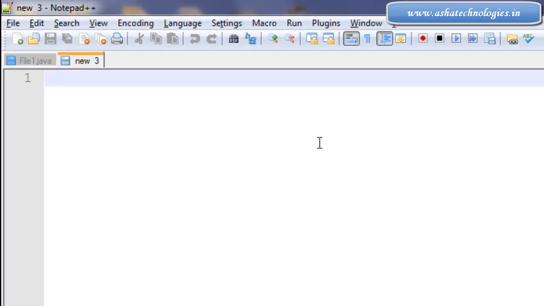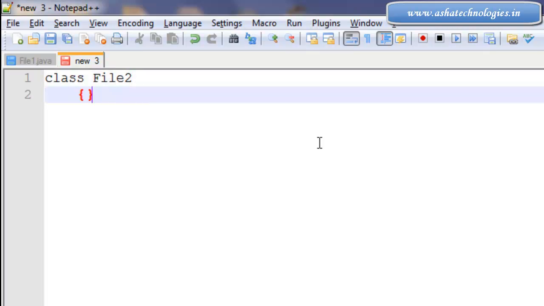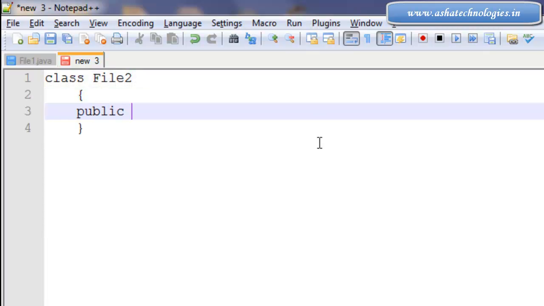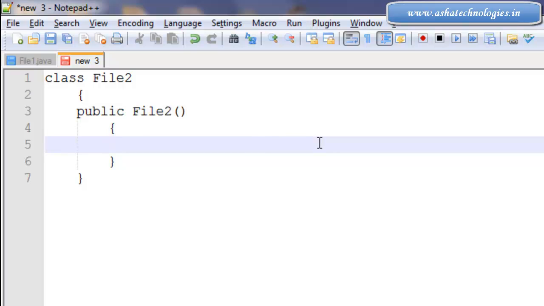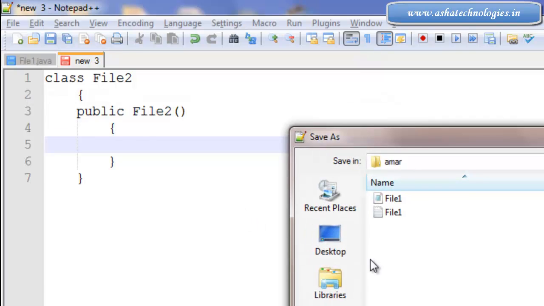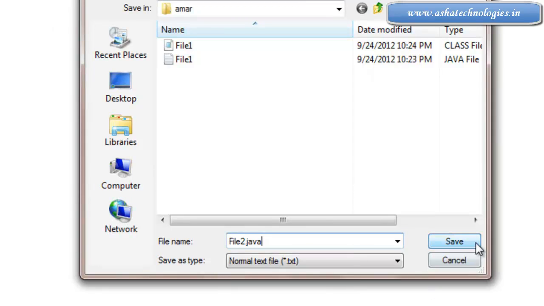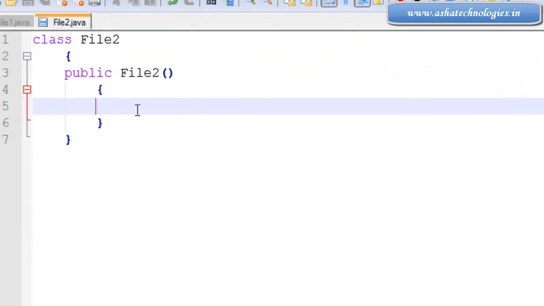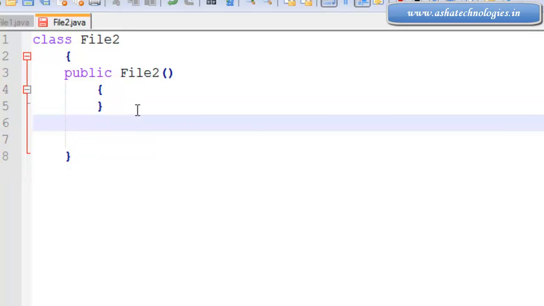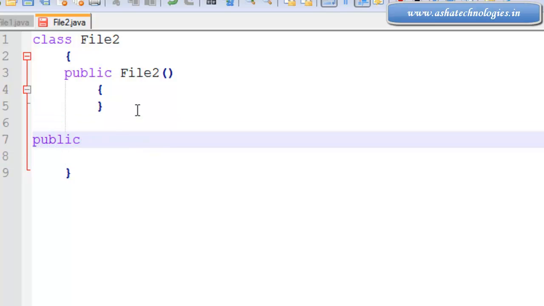For that I can explain with an example, class file2 here, and I'm going for the constructor public file2. So I'll save this file first. For save as, moving for file2.java. Alright, so here I will take a default constructor which does not have any implementation. I will leave this empty, and then I'm going for the method that is public void, in this case void